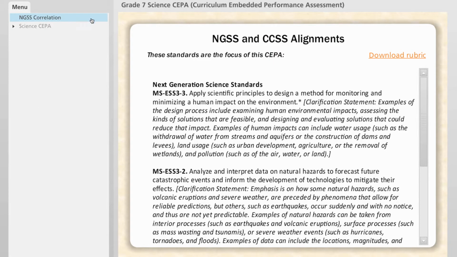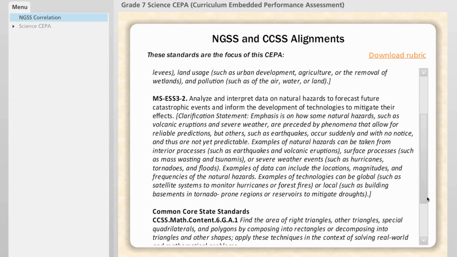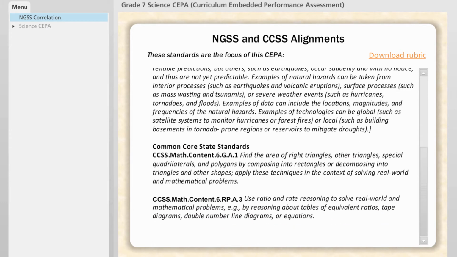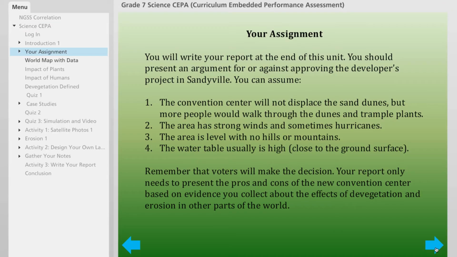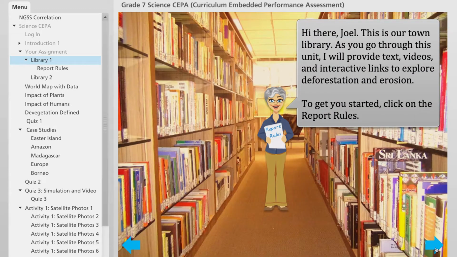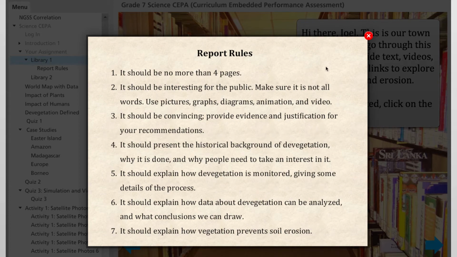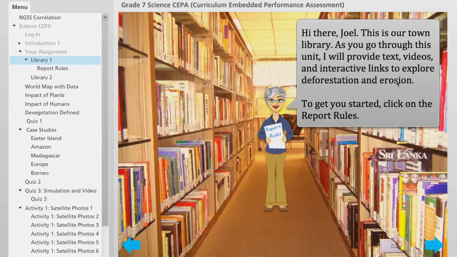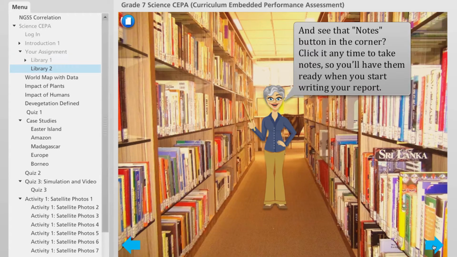All of the activities here are developed specifically with the Next Generation Science Standards and Common Core math standards in mind. Students see their assignment, and they are also able to get the rules for the report that they will write at the end of the activities. Students can take notes throughout, and they can use those notes at the end to make sure that they haven't